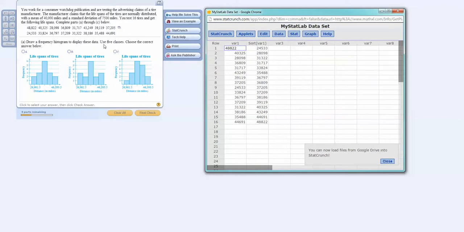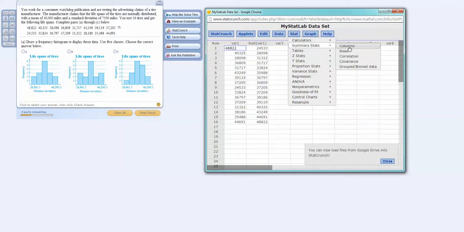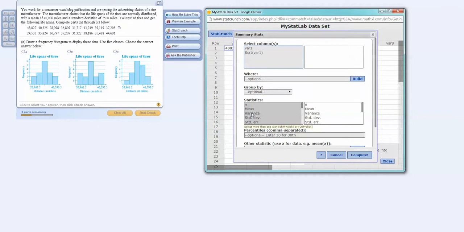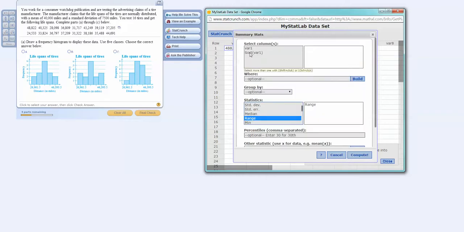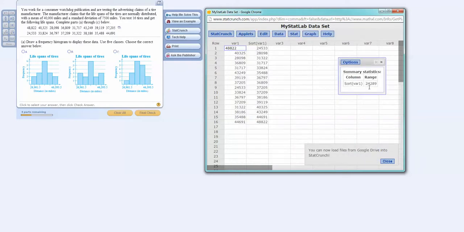The problem says use 5 classes, so I need to know what the range is, which I will then divide by 5 in order to get my answer. So we left click stat, we will left click summary stats, left click columns, and then we are going to look for range. Left click range. We'll left click sort, left click compute. And our range is